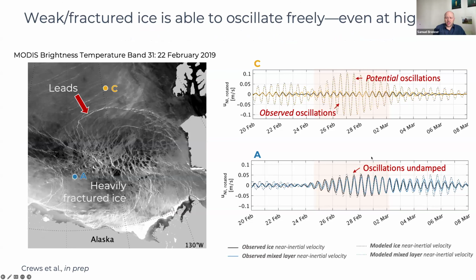So Laura found imagery of what the ice looked like just before the storm. And what we see is that in the southern part of the domain where this southern mooring is, the ice is really heavily fractured. You can see these bright lines are leads and cracks and fractures in the ice. And so we think that all of this fracturing in the southern part of the domain means that the ice was mechanically weaker. And that isn't present in the northern part of the domain. So even though the ice concentration was still near 100% for both of these two moorings, it's this mechanical weakness that allowed the oscillations to persist undamped.